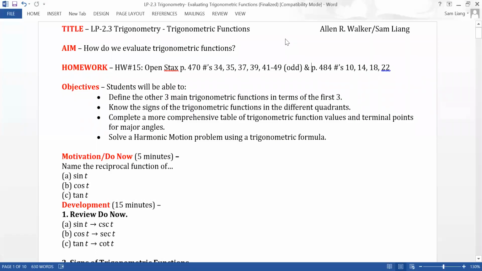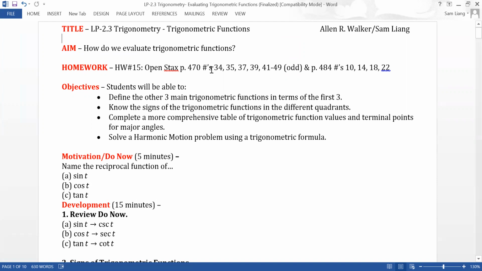All right, hey everyone. Welcome to our third lesson of our trig unit. Your aim for today is how do we evaluate trigonometric functions? Homework is going to be in the OpenStax textbook, and as you'll see, there's going to be a lot of different questions, but it's going to be quick. They're going to be really quick, evaluating trig function questions, and we'll see some examples of that in classwork